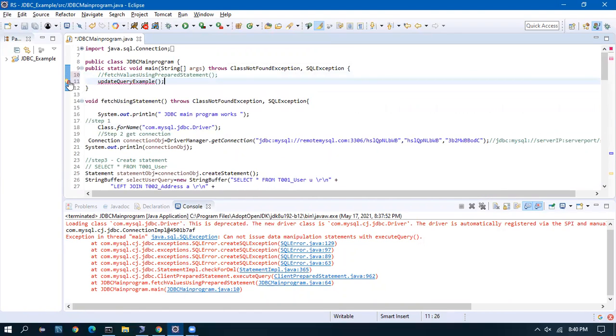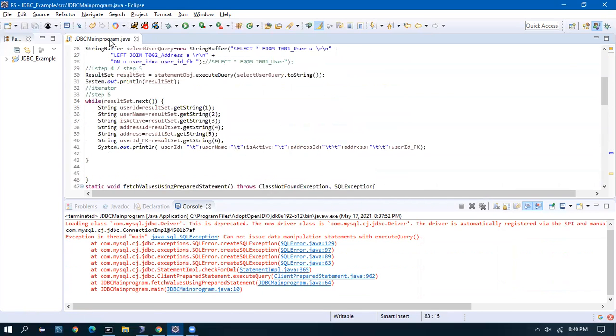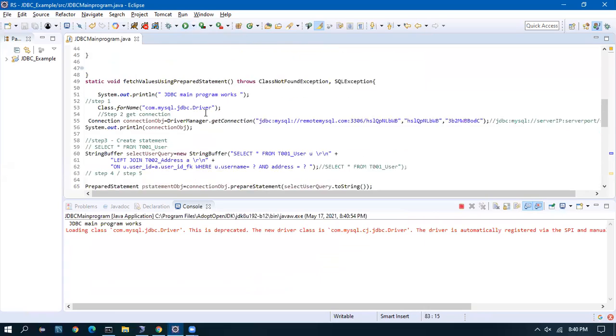I have to change it to static. Okay, that's all. Now if I run it,